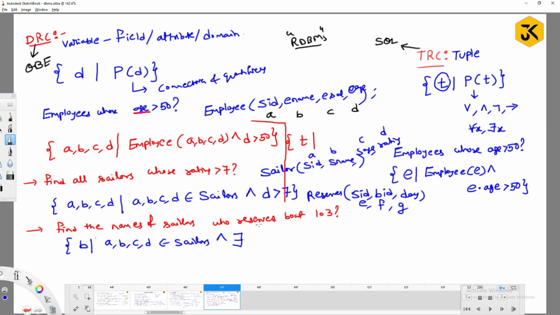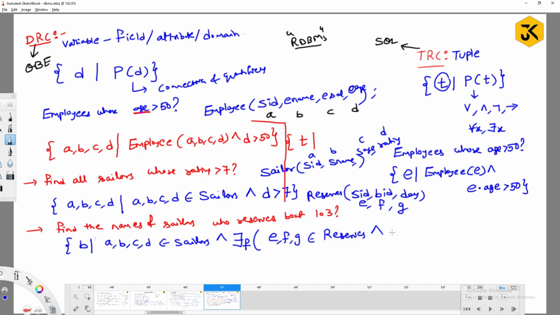Okay, fine. Now what I am expecting is there should exist what field? BID. Basically in tuple relational calculus there should exist a reserves tuple. Here we are trying to check there exists boat ID where E, F, G belongs to the reserves table.